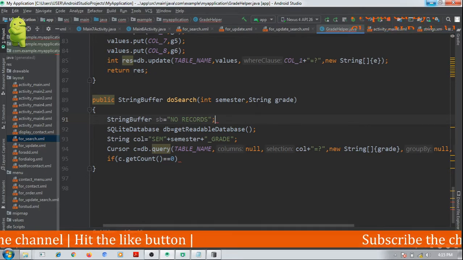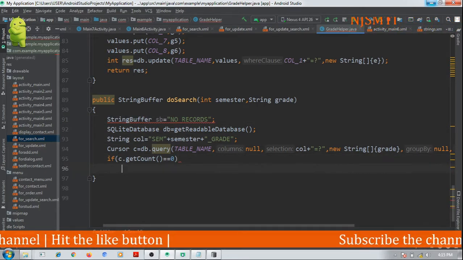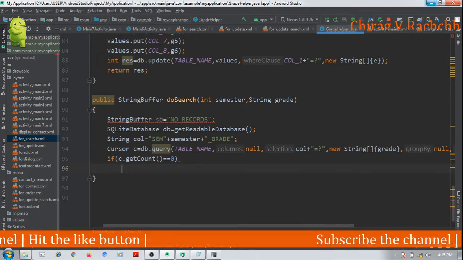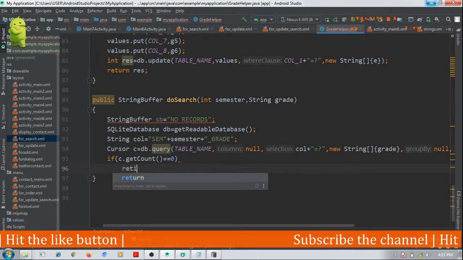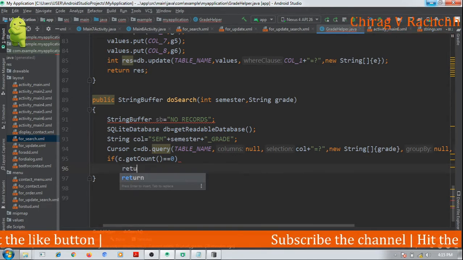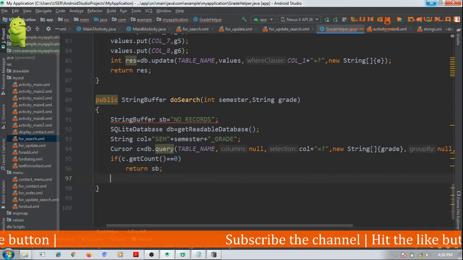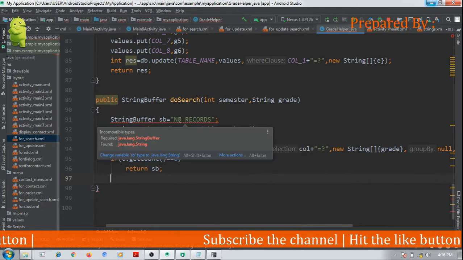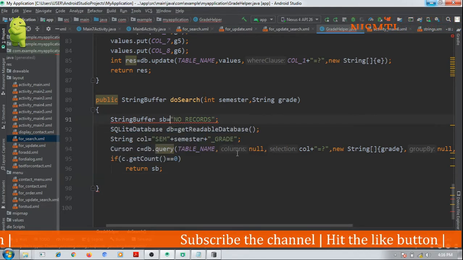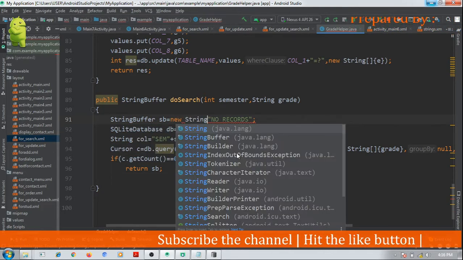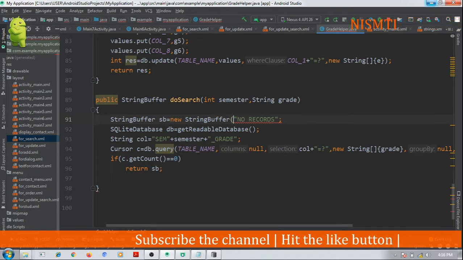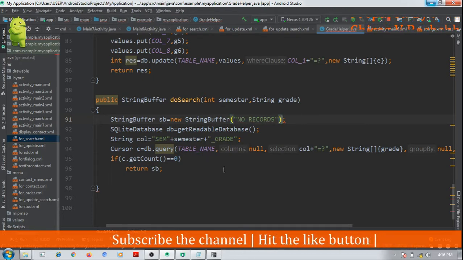Okay, and here I will return sb as it is, no records. New string buffer.